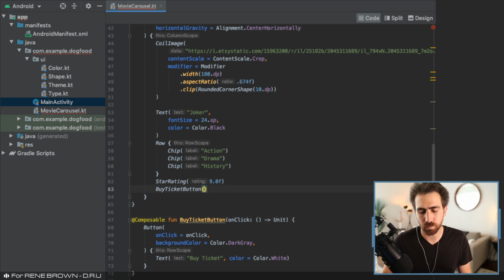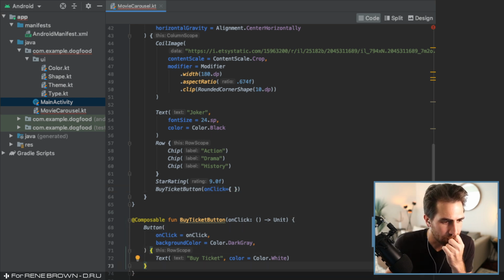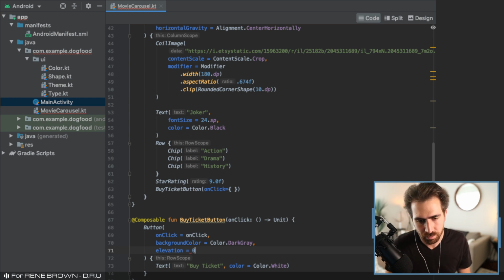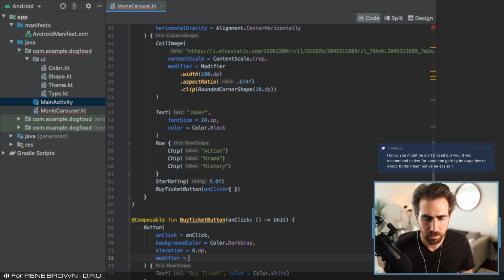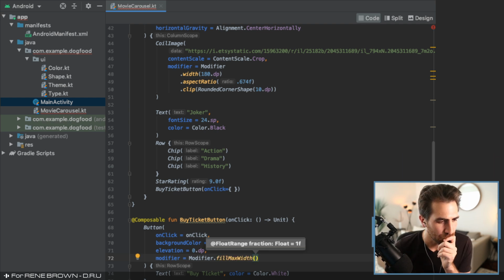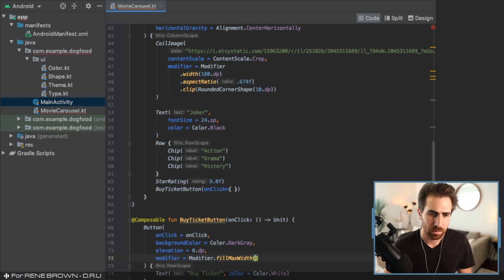All right. We'll just give an empty on click here. And then let's give it a 0 elevation since it looks like it doesn't have any. And then we want it to stretch out horizontally, so we'll do fill max width. Let's see, and then let's